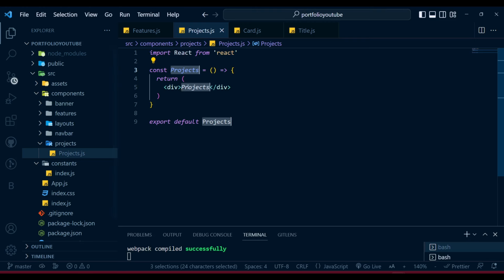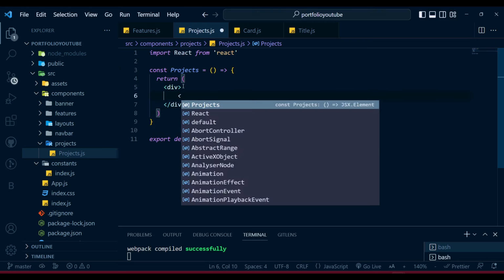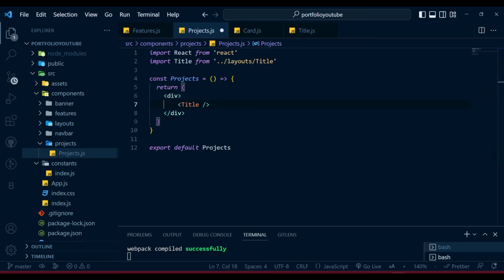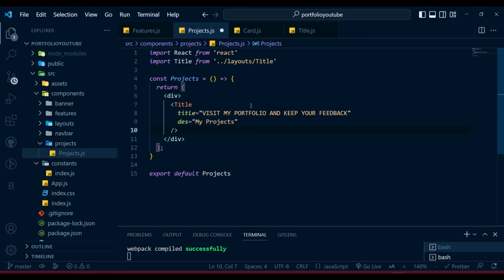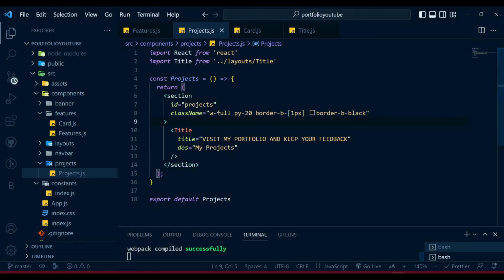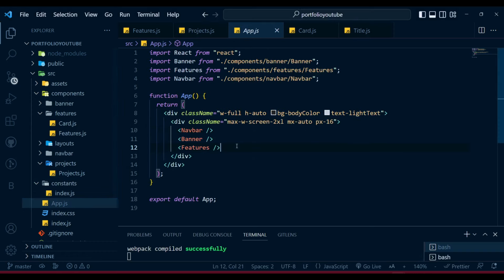And in the project also, first we're gonna get our title, and for the title we're gonna give our title, and then the description. And also remember, I think feature we keep section, also that one. You can keep a div or make a section, and then our ID will be projects. And also for that, we're gonna create a bunch of class names. Let's go. And we need to import it